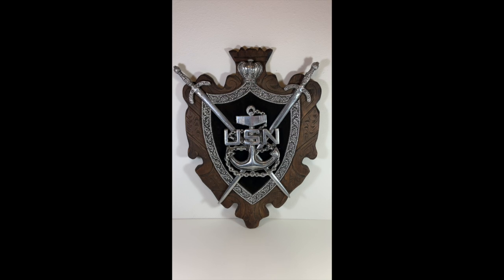is that we actually went to an estate sale and we found one very much like this with the USN on it. And on the back, the owners had put the name badge and some other swag from the guy who bought it. And it turned out he was retired Navy and he had been, I believe, either in the Korea or Vietnam War, but either way, so you're talking 60s, 70s, we were told that he brought the shield back with him as a souvenir. So that gives you a rough time frame for this particular look, but most of them do not have the